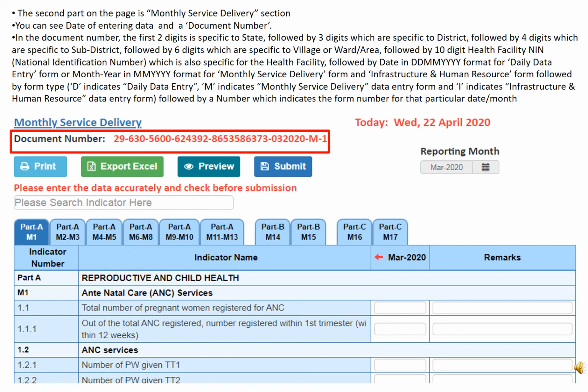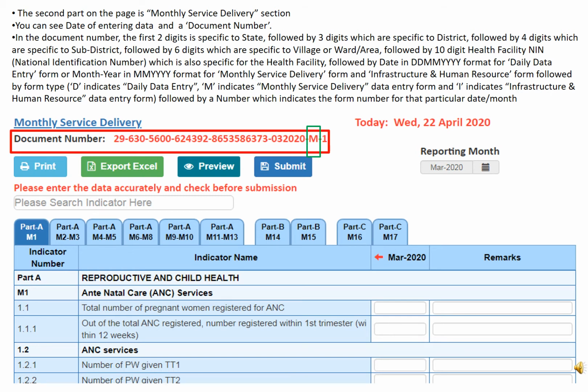followed by date in date, month and year format for daily data entry form, or month year format for monthly service delivery form and infrastructure and human resource form, followed by form type.